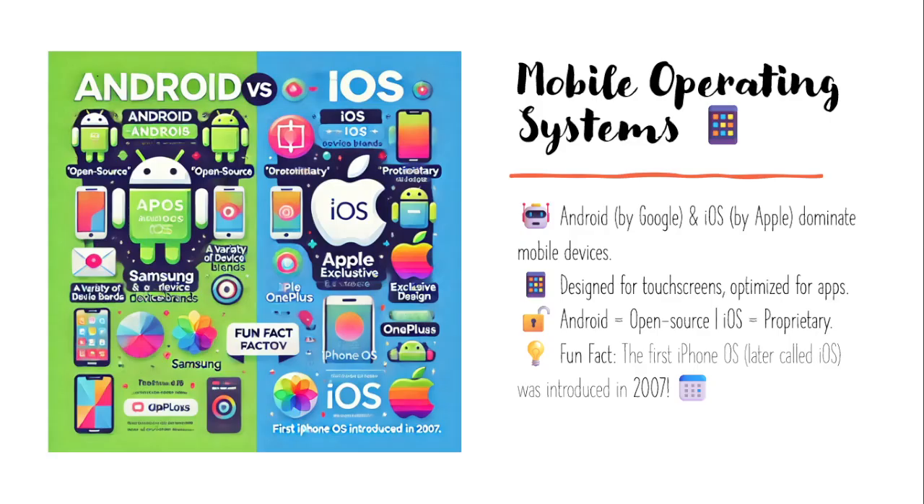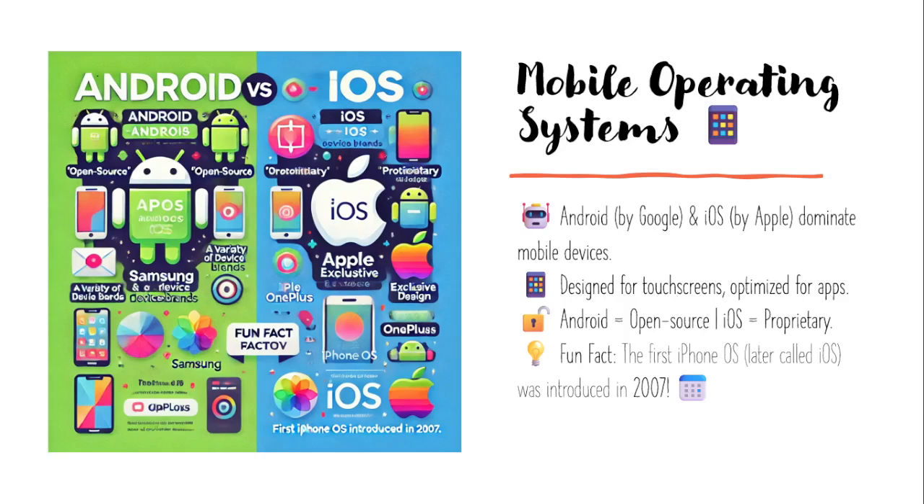Apart from Windows, macOS, and Linux, there are operating systems for mobile phones also. There are two giants, Android by Google and iOS by Apple, which dominate the entire mobile operating system market. Together, they account for nearly all mobile devices in use today. These operating systems are specifically designed for touchscreens, offering a seamless experience for users and an ever-growing app ecosystem that